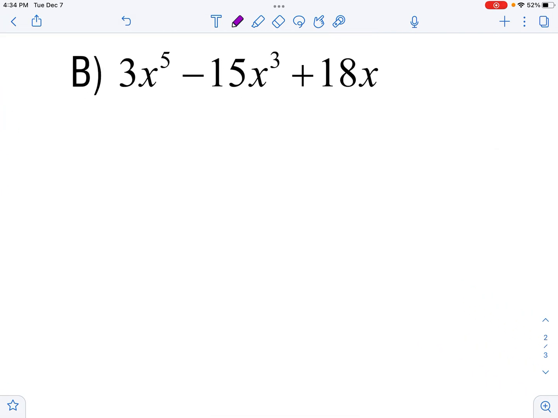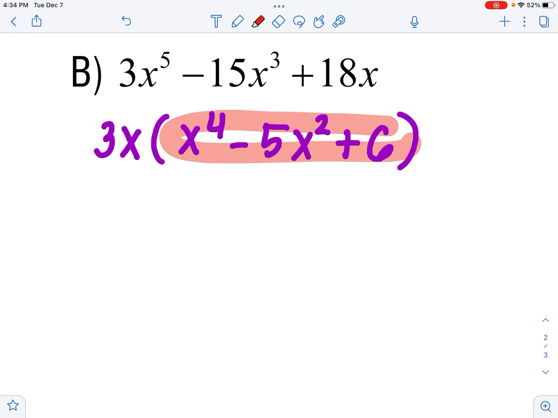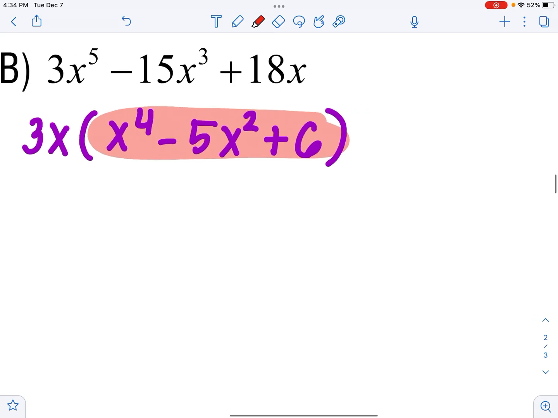All right, so let's look at the next one. First thing we're going to look for is a GCF. If you look at these three numbers, they have a 3 in common. And if you look at the x's, they all have an x in common. So I'm going to factor out a 3x. Once I do that, I have x to the 4th minus 5x squared plus 6. All right, if you look at what's left behind in this parentheses, this is still a trinomial, so